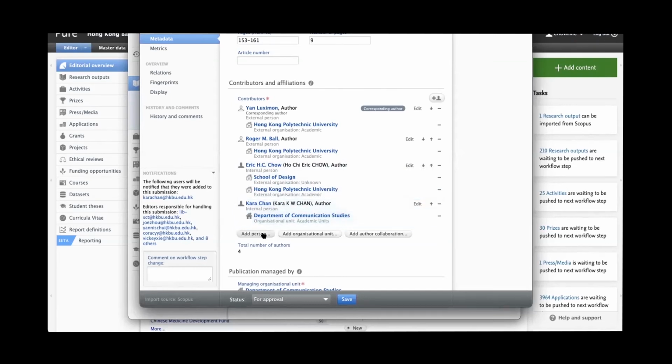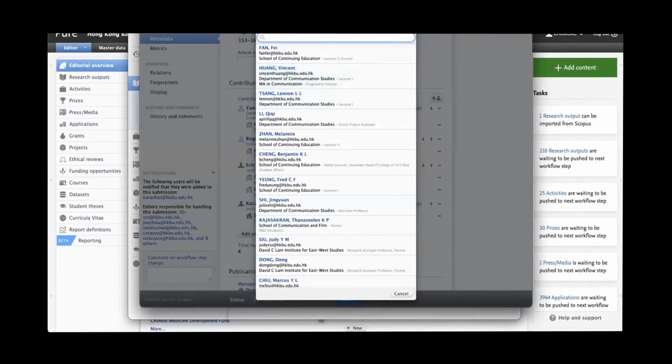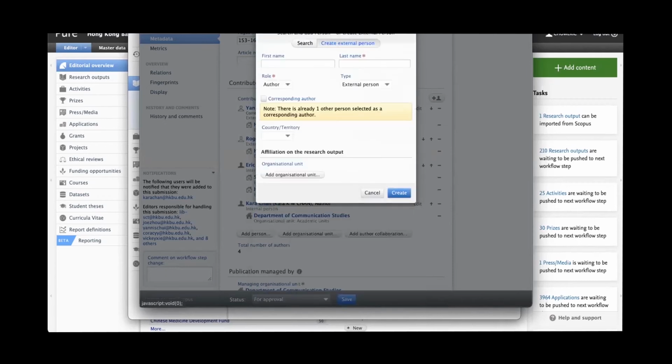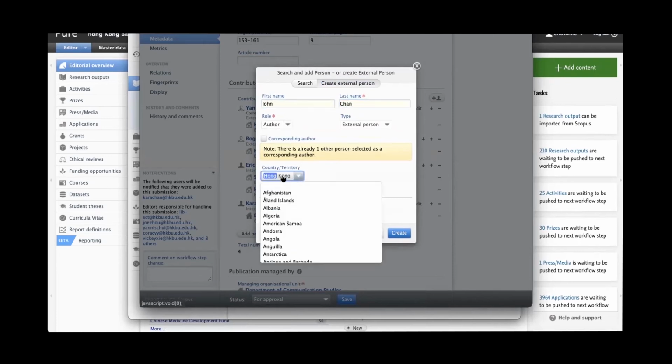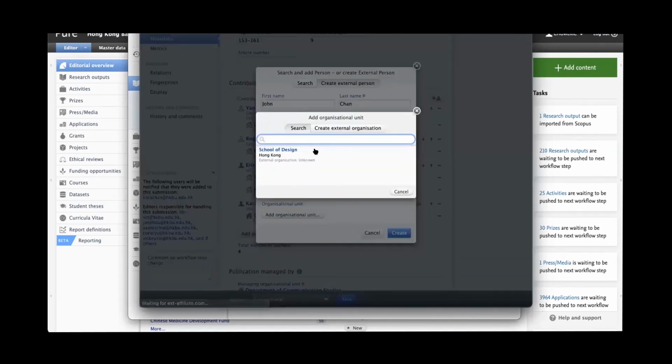Now notice that when I use this add person, it already tried to search for people from HKBU. Sometimes research can be a collaboration between HKBU and different universities. If there's a co-author from another university, you click on create external person, on this link here, and say, for example, I have John Chan from the CUHK. So let's say if I'm collaborating with CUHK, or your boss is collaborating with you and CUHK, then you can click on